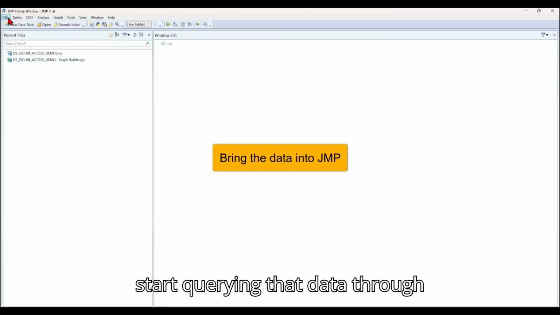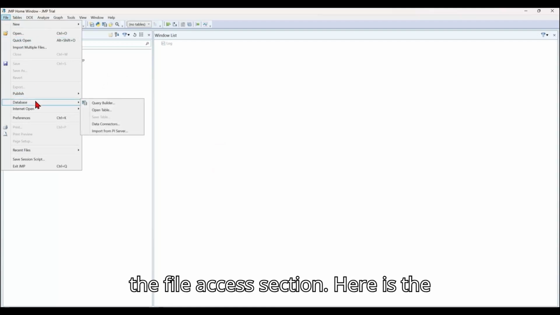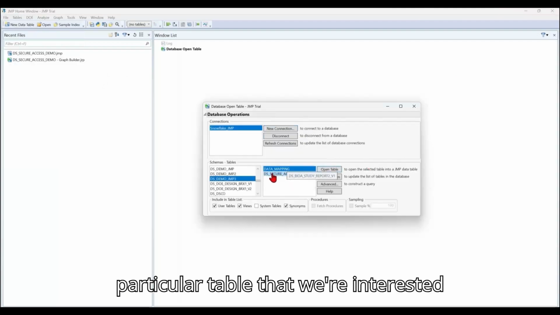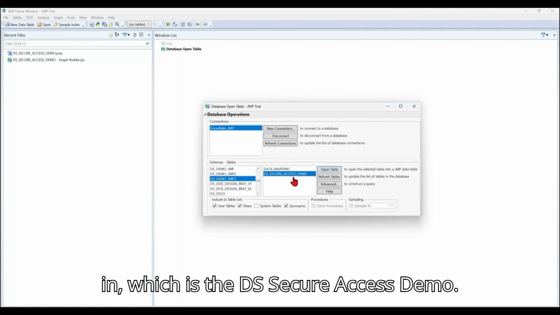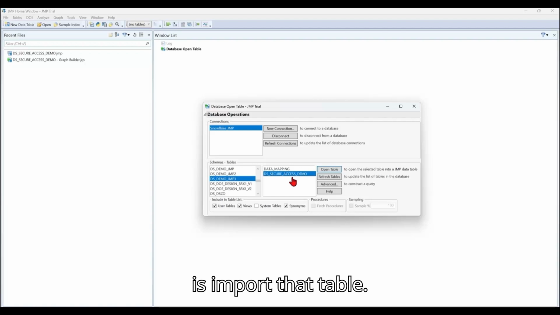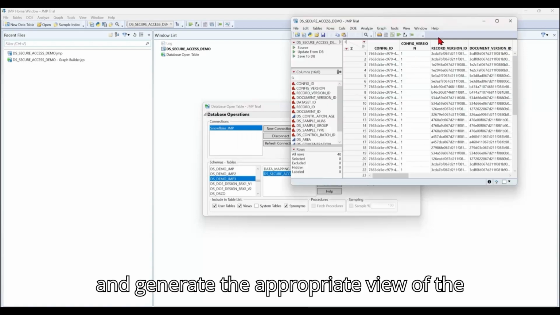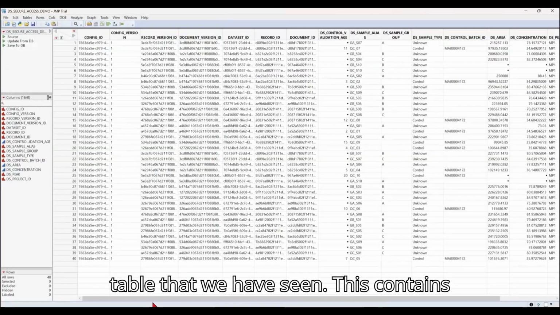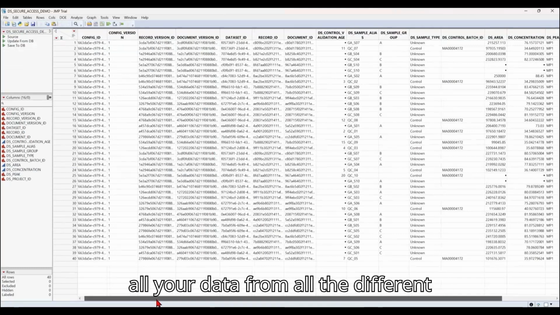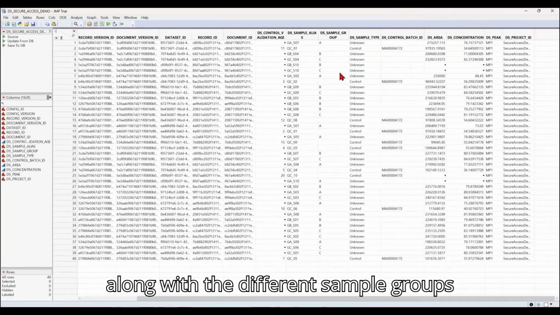You can start querying that data through the file access section. Here is the particular table that we're interested in, which is the DS Secure Access demo. And once that's selected, what we can do is import that table. It will now fetch all the data within it and generate the appropriate view of the table that we have seen. This contains all your data from all the different records and runs that you've generated, along with the different